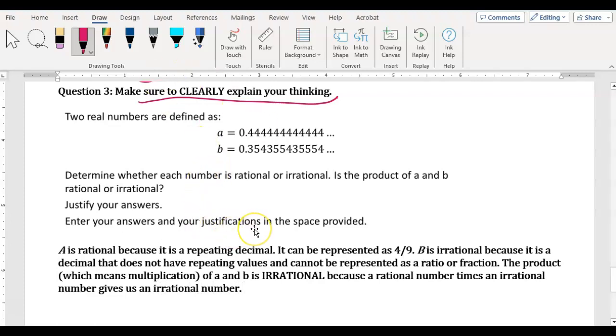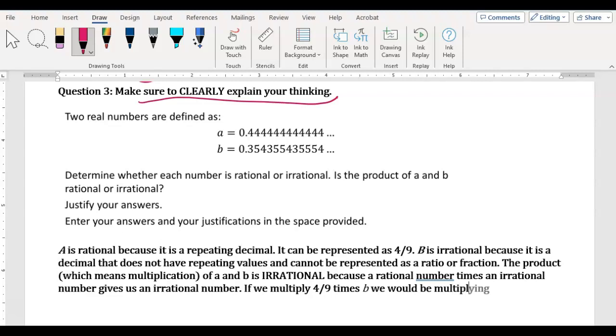And you can also further elaborate by giving an example of what that would look like. So if we multiply 4/9 times B, we would